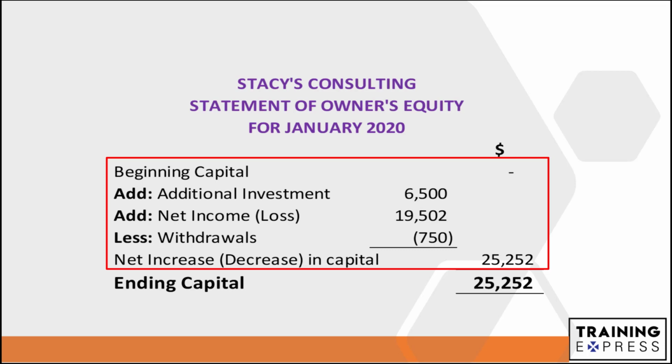Later on, she added additional investment of $6,500. And during the month of January, she made a net income of 19,502, which we just did in the previous slide. And during the month of January, she also withdrew money in the amount of $750. So if you will look at this net effect, you will see that there is an increase in capital by